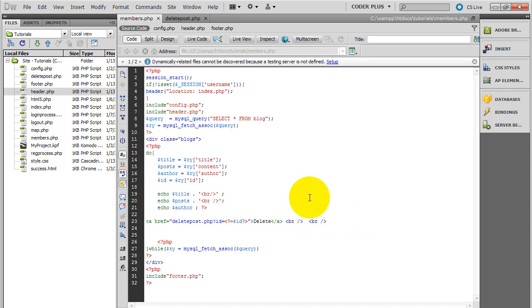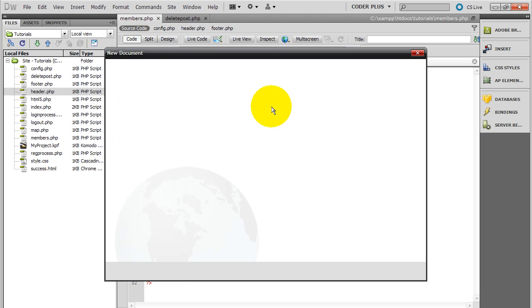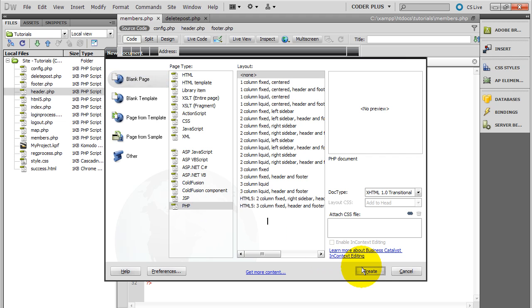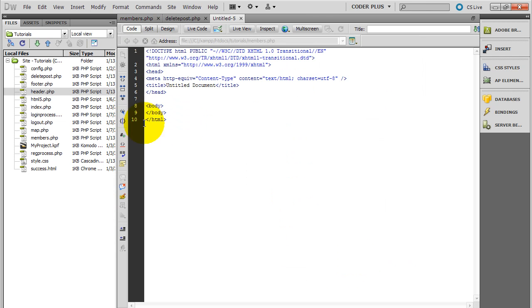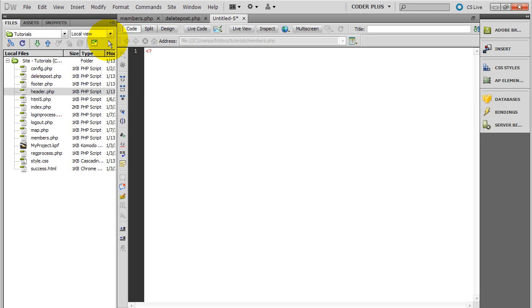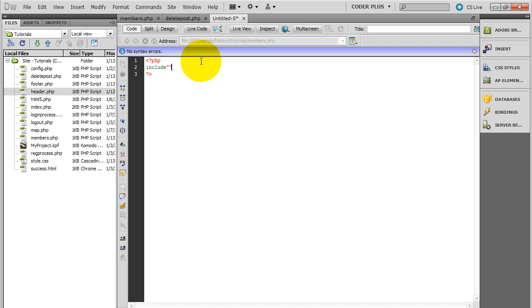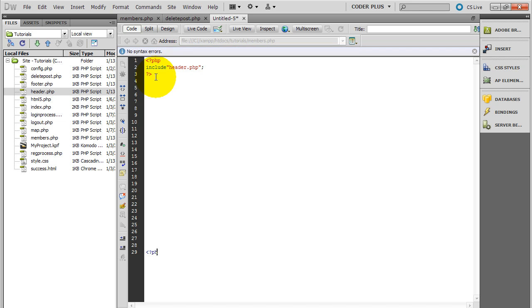But say we want to update one or change the content of one. So what we're going to want to do down here, let's actually create another page. And we're going to call this page. So then what we can do is, I already did this earlier, I don't think I explained it, I created a header and a footer for the basic HTML stuff. So what I want to do is include the header, header.php, and then somewhere down here we'll just put in a footer. And include footer.php,